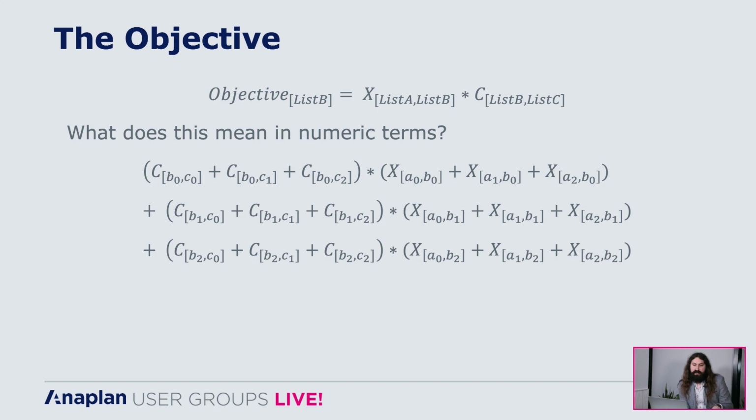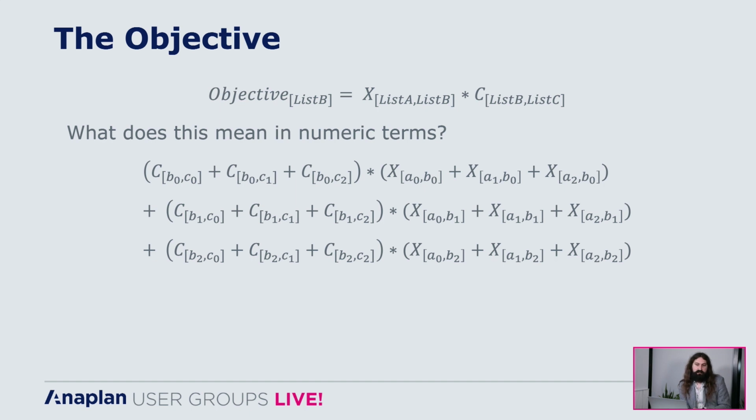What Anaplan will do is roughly this equation here. And the notation that I've used is a line item with square brackets, and terms is that cell in a line item. So C, B0, C0 is the line item C and the term at B0, C0. And what you can see here is that we will, for each of the items in list B, work out the aggregation of X on list A and C on list C, and then we'll sum those for each term in list B. So we end up with 3 fairly long terms, and each of those are a C times an